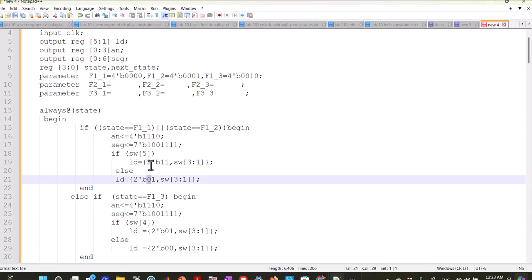And so here are my LEDs. I've got 1 and 1 for emergency on, door open, and then switches 3 through 1 if the emergency is on, else if the emergency is not on, then I have that. Now, if I'm in floor 1, condition 3, that's with the door closed. So if the door is closed, then I need to have it set to be closed,